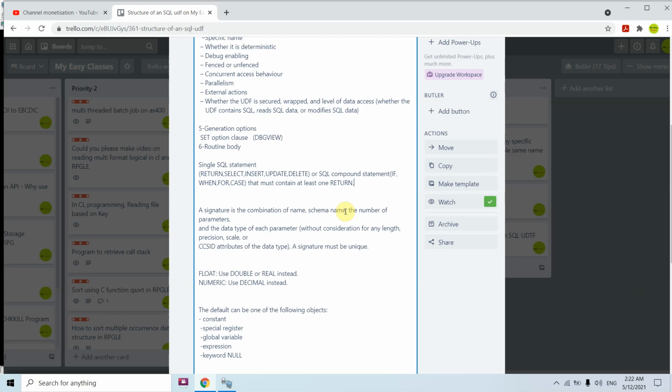One more important thing is float. You must not use float or numeric. Instead you use decimal or double or real, because it basically causes issues when you want to port your Db2 function. For example, you have created a Db2 function in IBM and you want to port it to some other systems. You will face issues if you are using float or numeric in your SQL functions. So you must use decimal, double or real as the alternative, so that you can easily port, because these data types are available there, and I think float or numeric are not available in other systems.